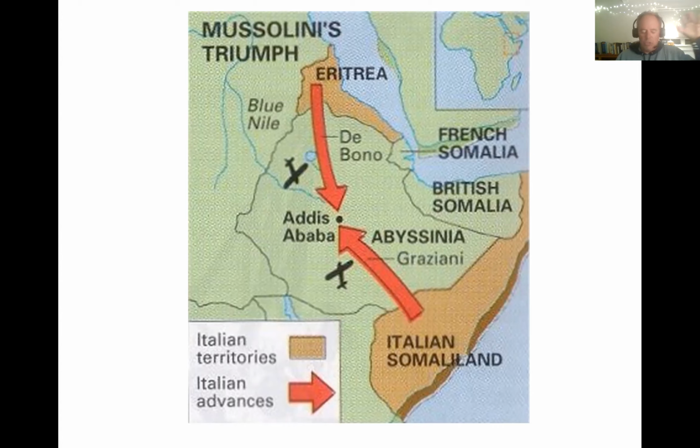So what Manchuria shows and what Ethiopia shows is that Article 10, Wilson's collective security provision, which said that an attack on one member of the League is basically an attack on all, that this is a dead letter, that these countries are going to stand aside, including the United States, and allow countries like Ethiopia, which is deemed not particularly important strategically, to be overrun.